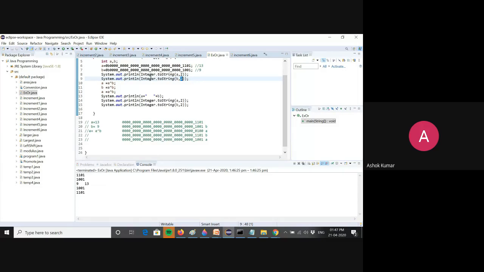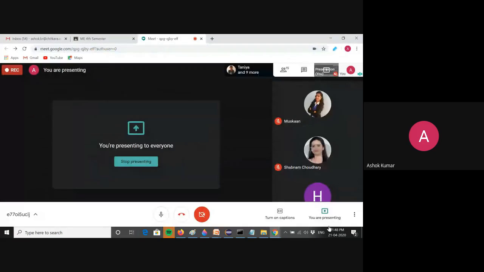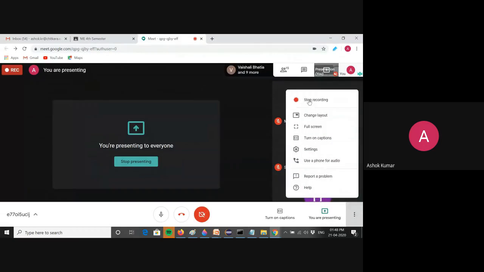Again, I repeat, this is the wrapper class, and we will discuss it in more detail in the coming classes. So this is all about the bitwise XOR operator. Before going to the next operator,